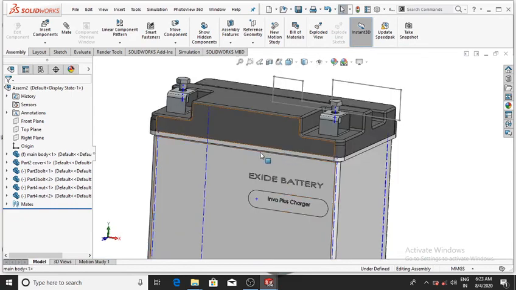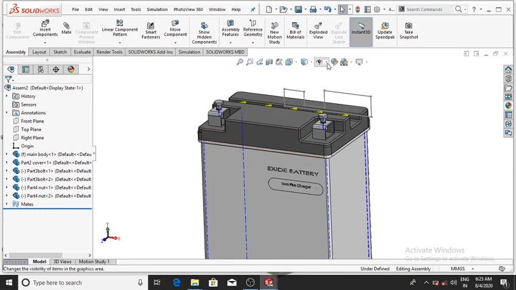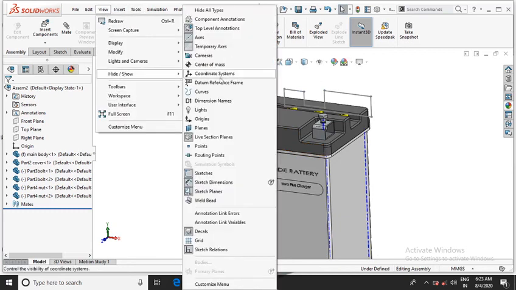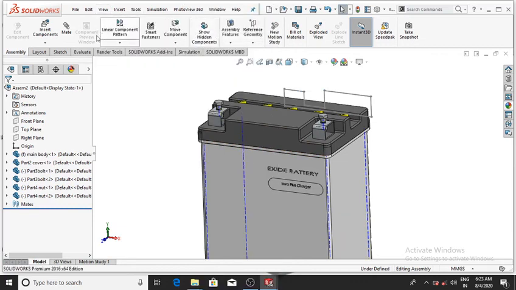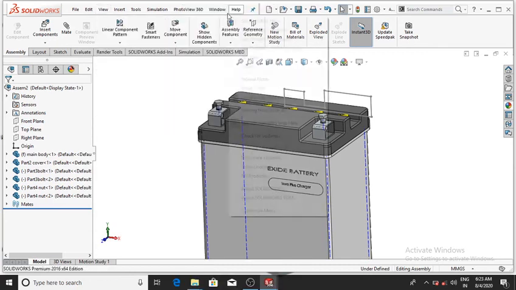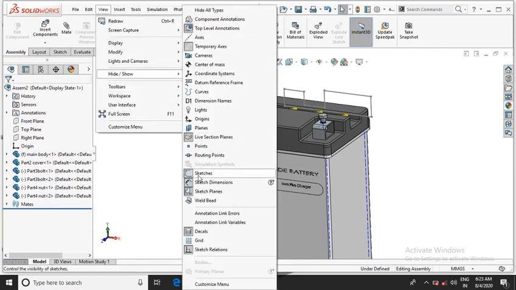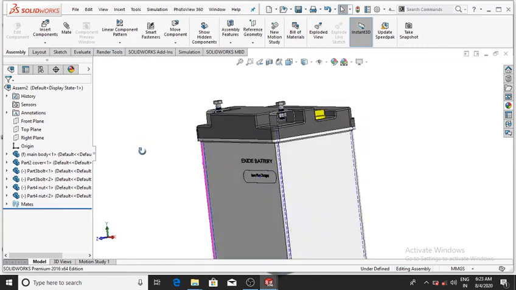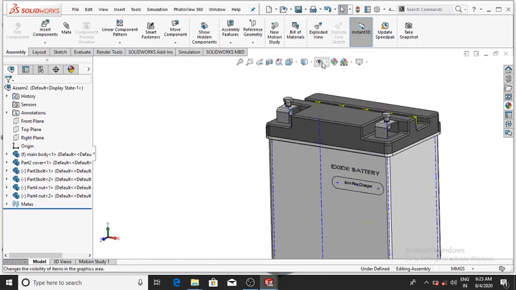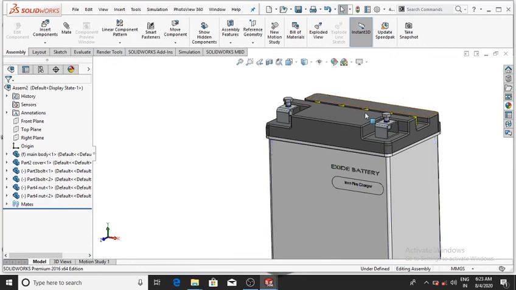Now if you want an exploded view of this battery, go to the view and select show hidden, and go to this and untick this axis.